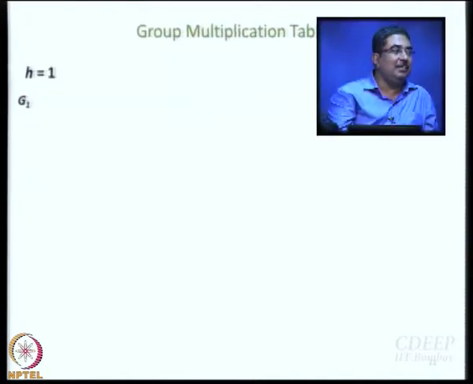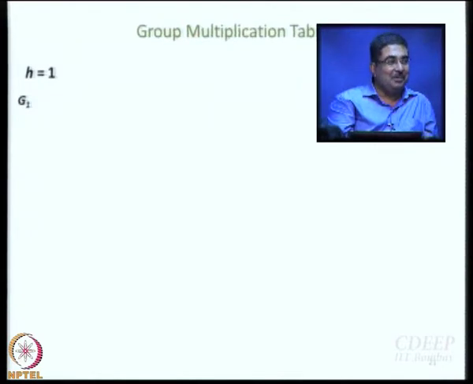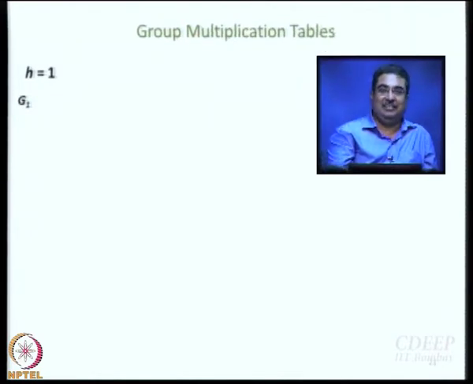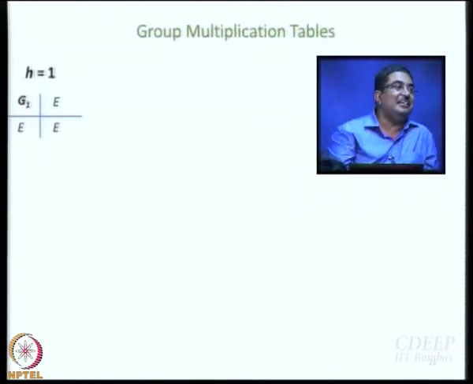We call it G1. You know about G8 and G20 and all that, groups of powerful nations, and sometimes groups of powerless nations also get together and call themselves G whatever, GN. So, that idea perhaps came from group theory, because we call them G1, G2, G3, G4 depending on what H is. So, G1 is kind of a stupid group, because only one element is there, that is E. So, if you want to write the multiplication table, you write E, E and E. Okay. If this comes in the exam, everybody gets 100 out of 100 and goes home happy. Okay. But fortunately, life is not that boring. So, let us go a little further.